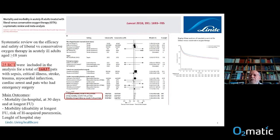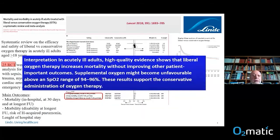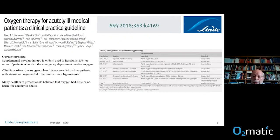As you can see from the survival curves, patients who were treated with liberal oxygen experienced a higher rate of mortality. So supplemental oxygen may become unfavorable above an oxygen saturation range of 94-96%. And these results support the conservative administration of oxygen therapy. And this panel of experts, on the basis of this